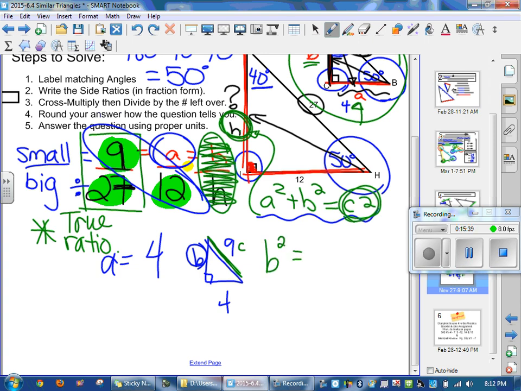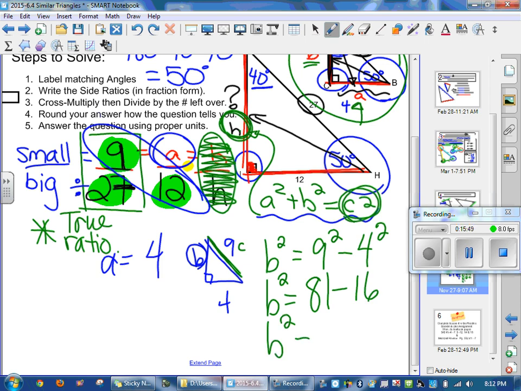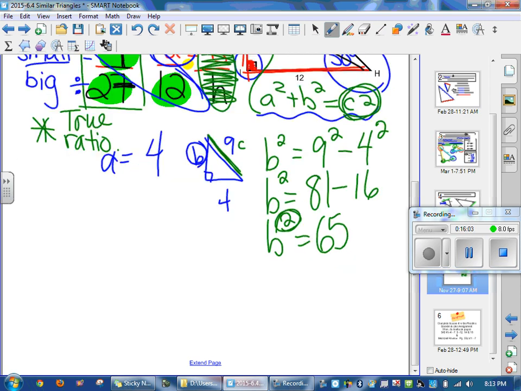So B squared is equal to 81 minus 16. B squared is equal to 65. Now again, that's B squared. And from our first unit, we know how to take away squared things. We square root them. So if we square root B squared, the squared sign disappears, they cancel out, and I square root 65. So then I find B to be